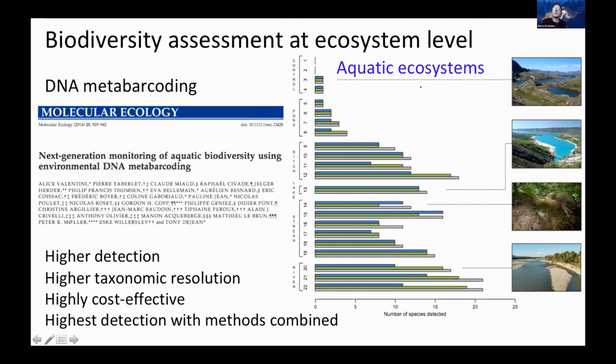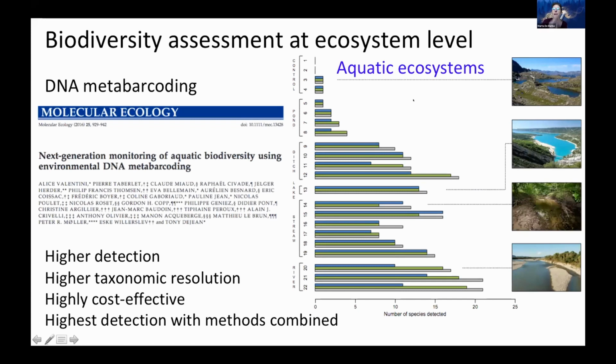And these studies showed that the eDNA method, the green bar in these graphs, outperformed the traditional biodiversity surveying methods, the blue bar in these graphs, in terms of the number of species that were detected. And the taxa were also detected with a higher taxonomic resolution and in a very cost-effective way, so with less effort compared to the traditional methods. These earlier studies also soon showed that